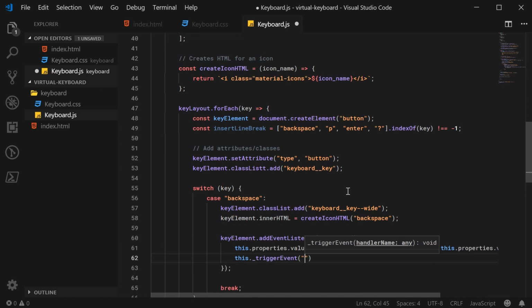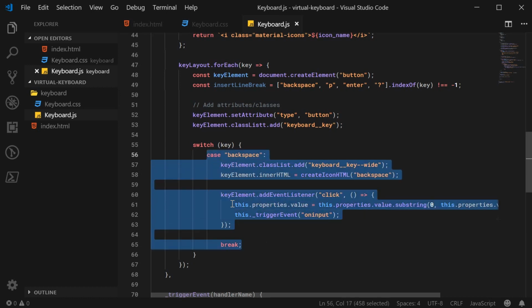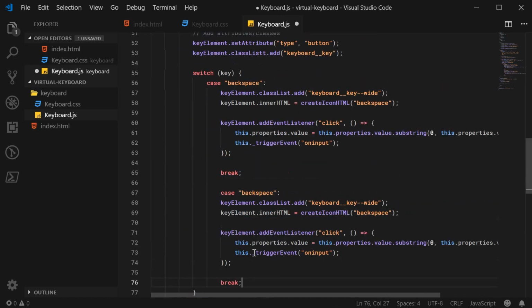this.trigger event on input. Alright, and that is all for the backspace key. We can do a very similar thing for the caps, the enter or return, and the space and done keys. So let's just copy all this and paste it down here, and let's now work on